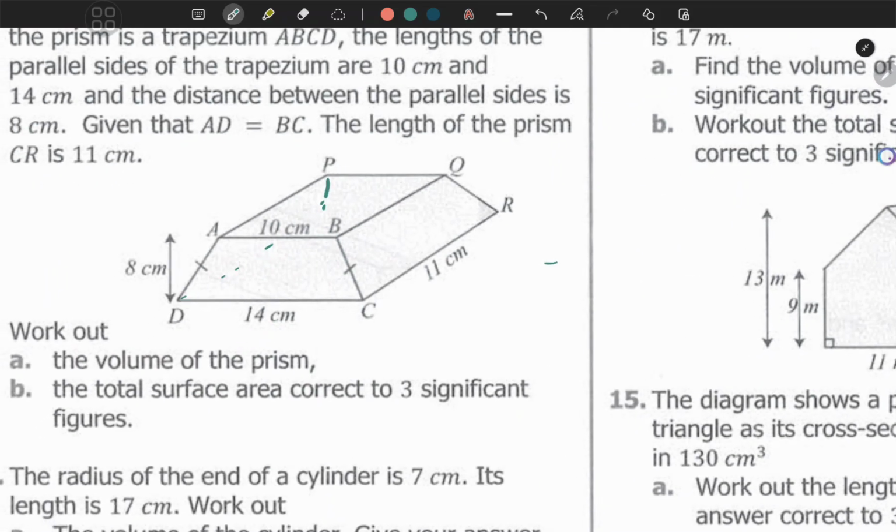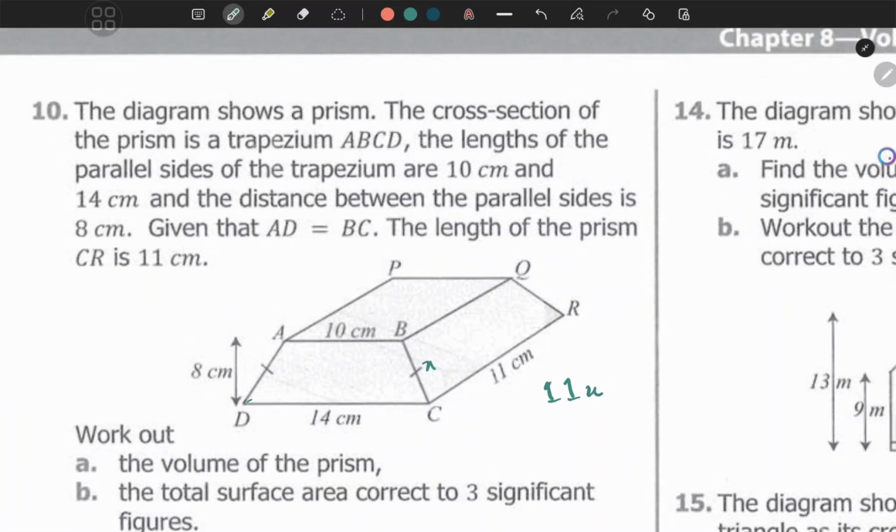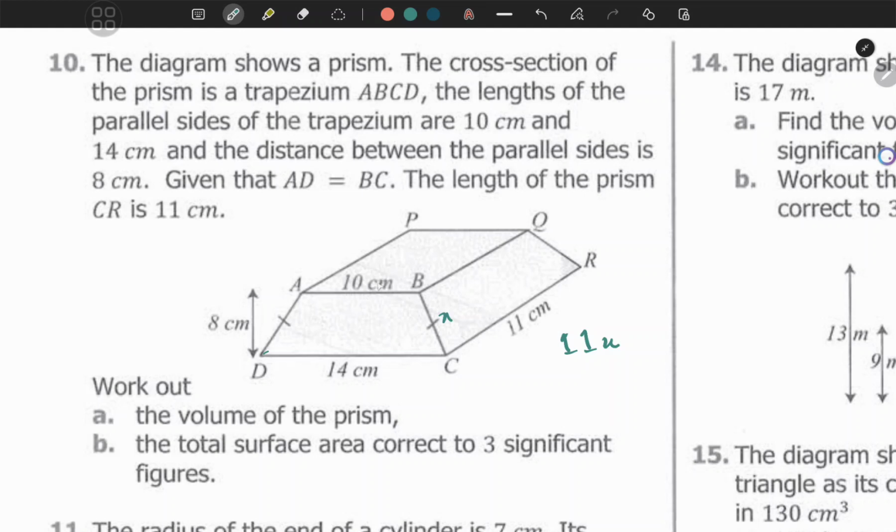Oops. Which is going to be mirrored on this side. So we have 2 of these, which will be multiplied by x, 11 times x, right? Then we'll have this length, which is 10 times 11, and we'll have the base, which is 14 times 11, and we'll have 2 of these, which is 11x,